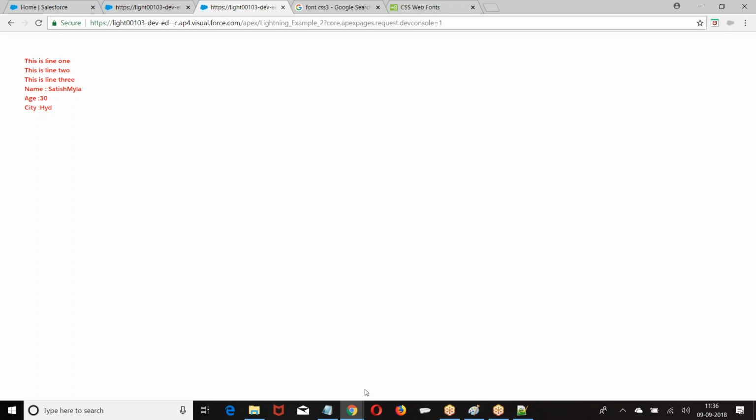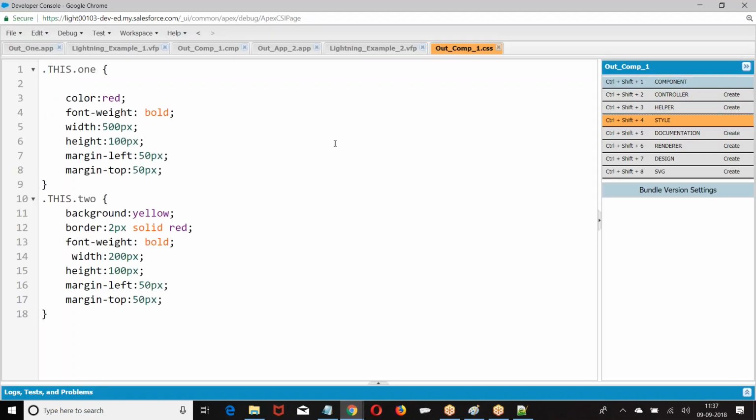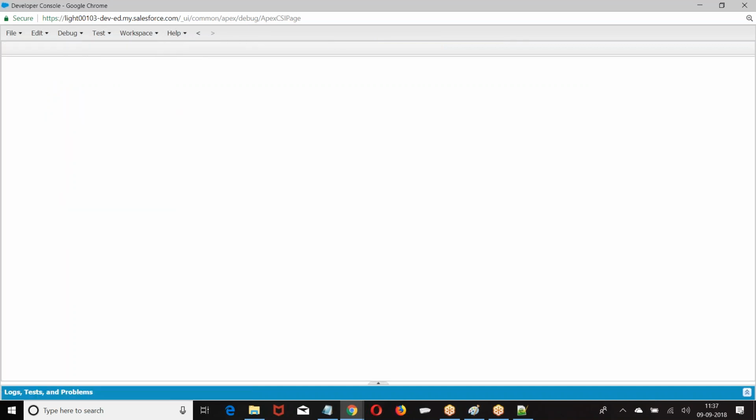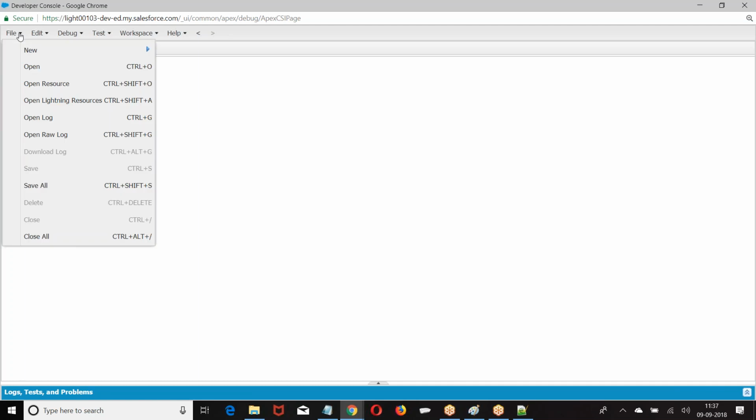So this is how we applied it. Now let us go to the next one. I want to include some client-side control also. Now we created a component which is passing a parameter and which has a CSS. Now let us create a component which is calling a server-side controller, and whatever we are passing to the server-side controller, the data should be fetched and displayed.